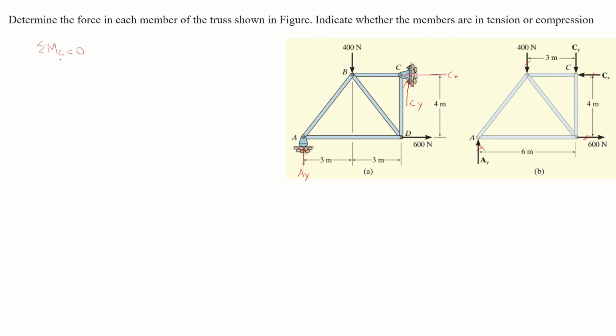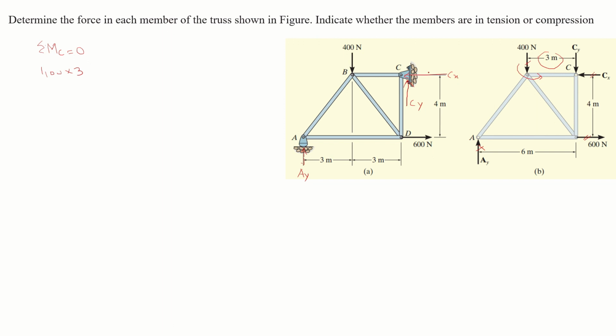We have taken the moment at point C because there are two unknowns at point C. This 400 Newton force has a perpendicular distance of 3 meter, and it will rotate the structure in the anti-clockwise direction, in this direction. So 400 multiplied by 3